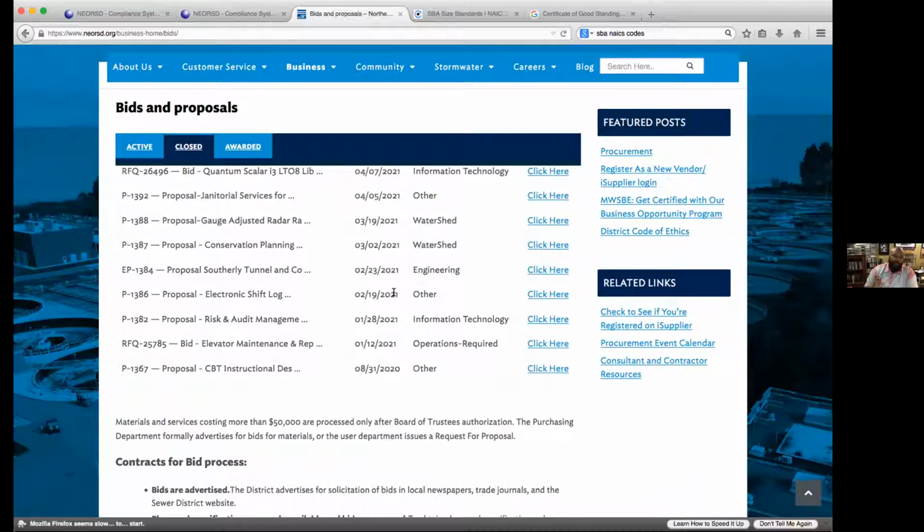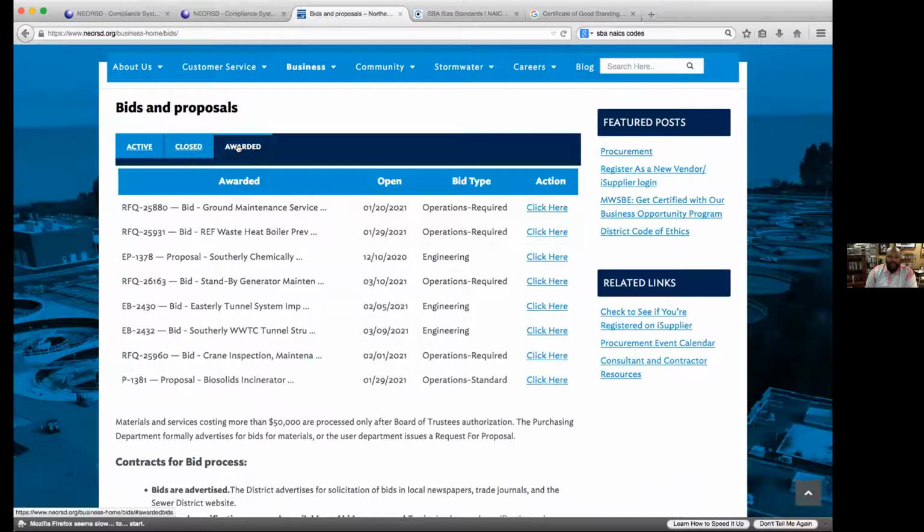And the sewer district, the lowest bid wins. Okay. So once they've determined who the winner of that particular bid is, that will show up on this tab. This is the awarded tab. Okay. And so